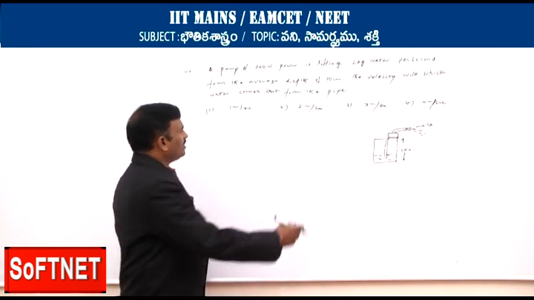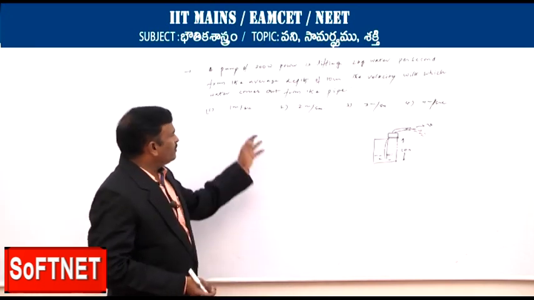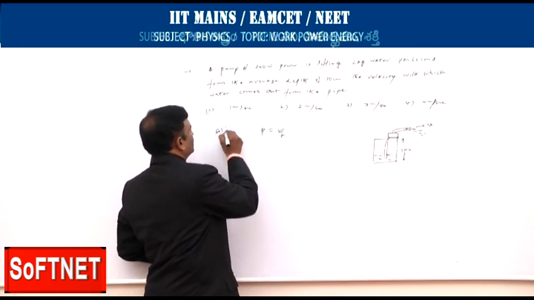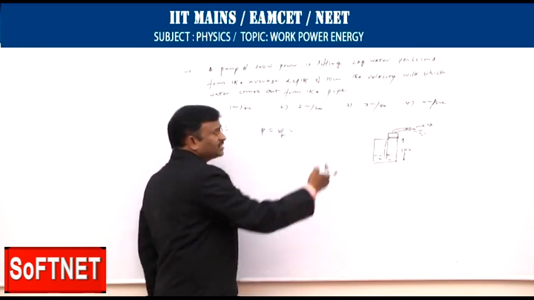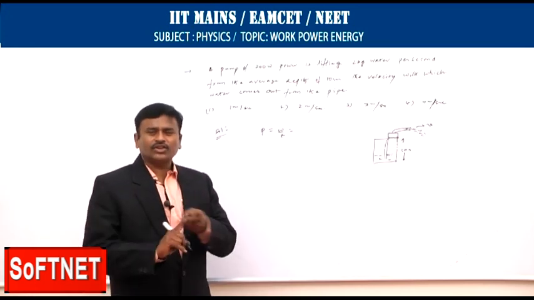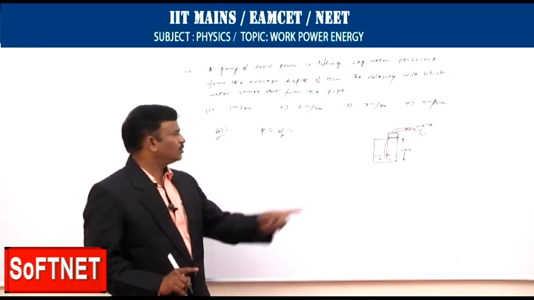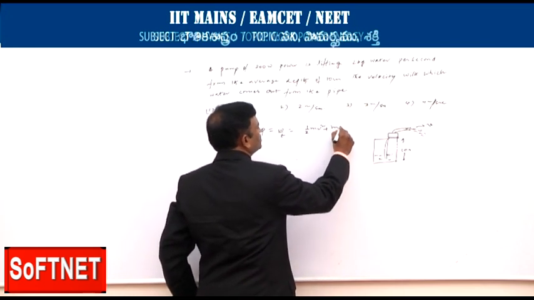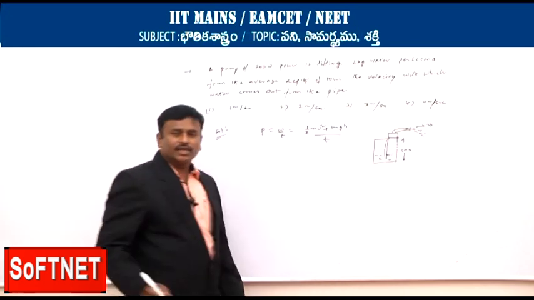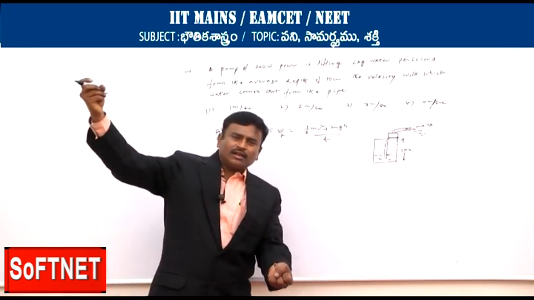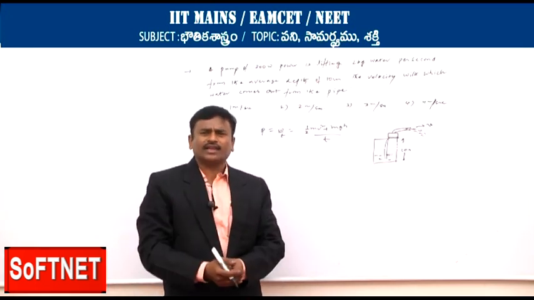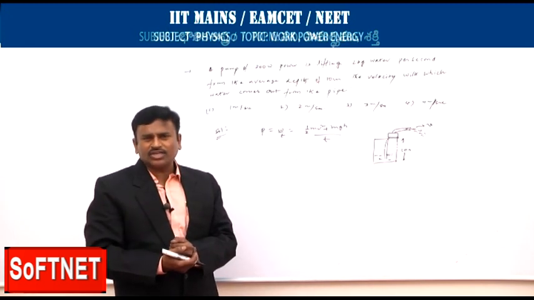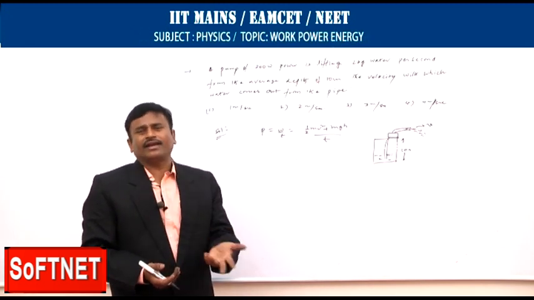Okay, so as we know, power is nothing but work done by time. Here we can solve like this. Work is done in two ways. One is potential energy, the other one is kinetic energy. Kinetic energy is half mv square, potential energy is mgh by t, because it is picking out water from the well. At the same time it possesses kinetic energy as well as potential energy, potential energy because it is coming to a height, kinetic energy because it is moving.